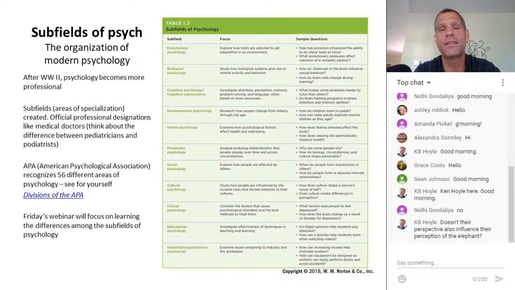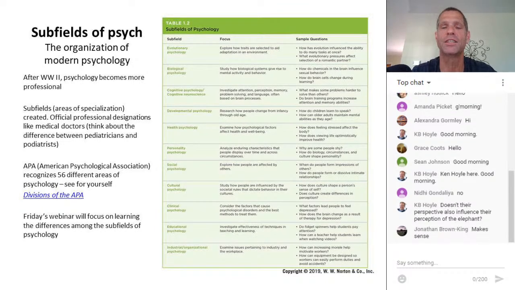Now, here's the thing. It turns out that having broad general approaches didn't lead to a very effective way of developing this science, because we really didn't have standards for how psychologists could be developed. What represented a properly trained psychologist? Before the 1940s, anybody could just put a sign up and call themselves a psychologist.